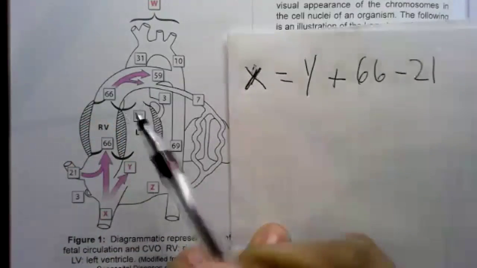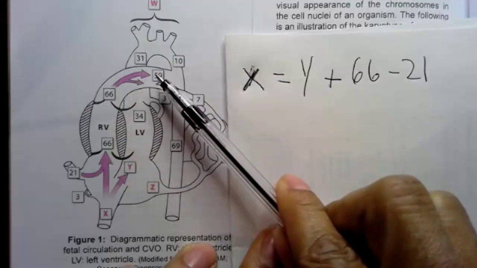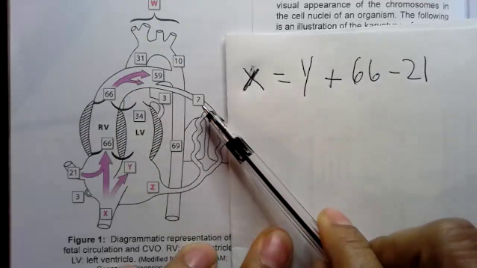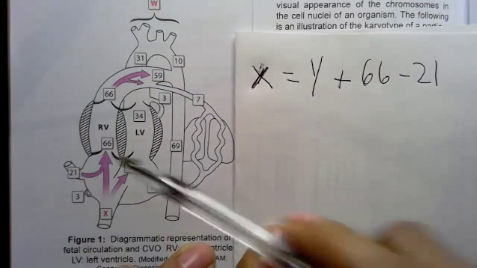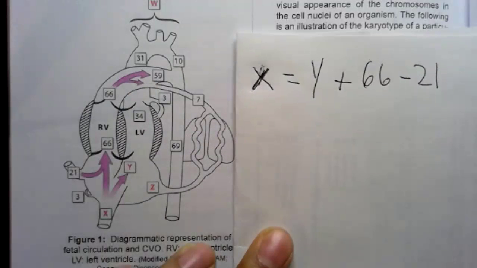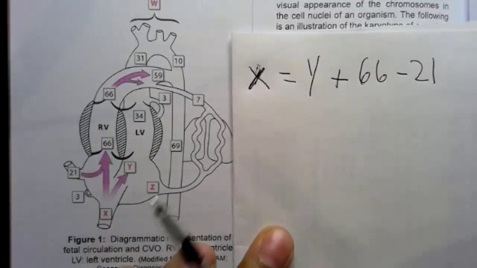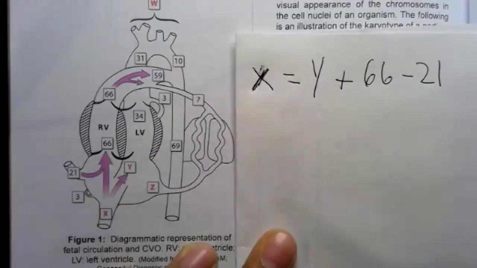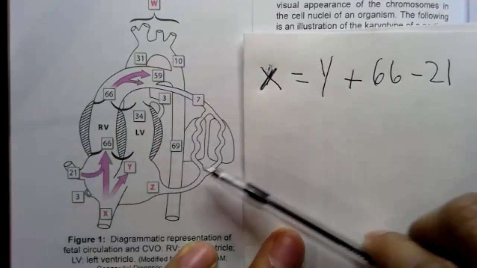Then you notice that 66 is making 59 plus 7. Oh, okay. So that makes sense. So in other words, we're using our intuition as to what is the meaning of all these different things that's happening. It's like looking at a bunch of pipes and just looking at where they divide and where they come back together. So we have now, in our general sense of this, we can imagine this is pulmonary circulation here,